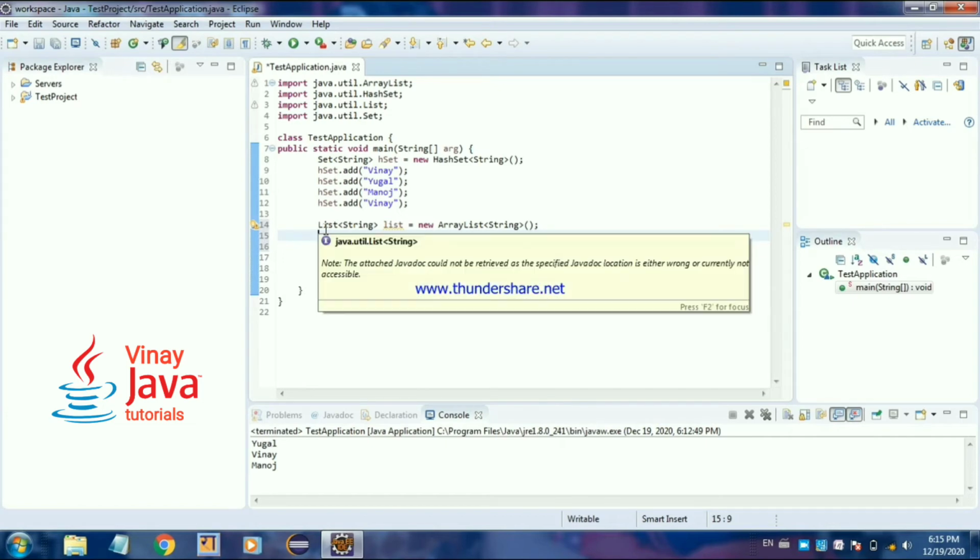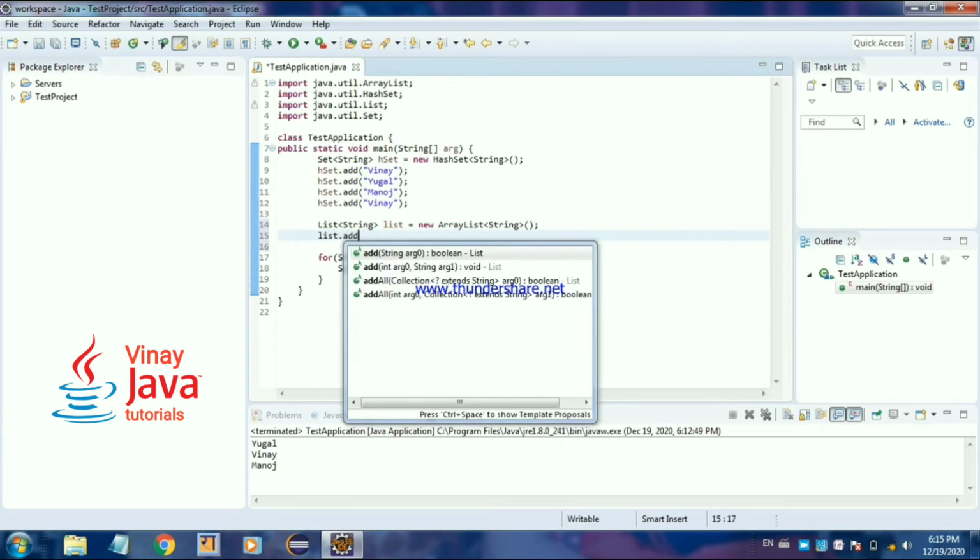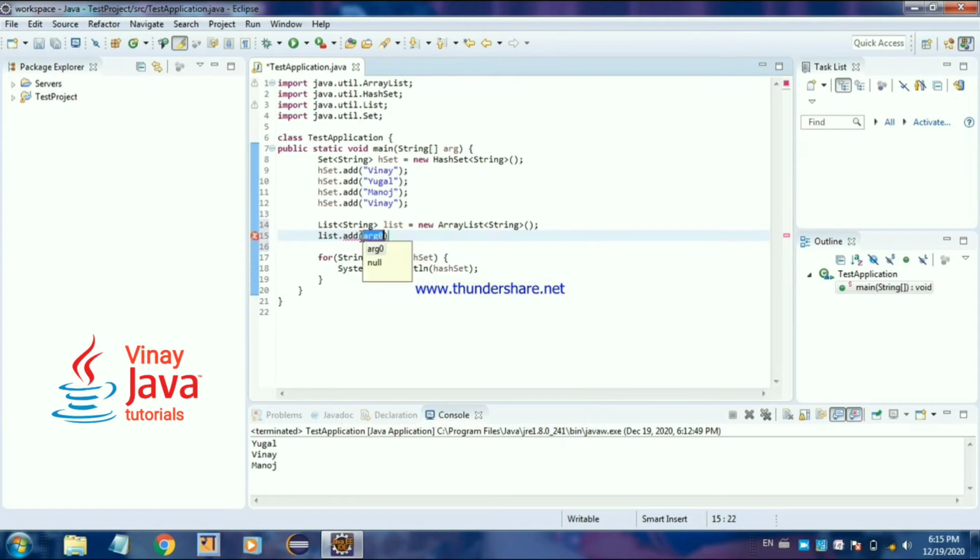List is of interface and array list is the class. So I have created the array list class object using new operator, and the type is string. So I will put the string elements here in the list. So list dot add method is also in the array list. So I will put the string argument.